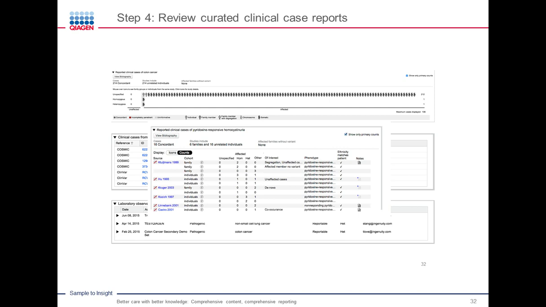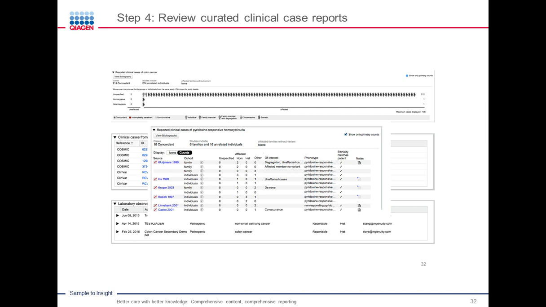In somatic workflows, you can actually see the number of patients that have been reported with that same mutation. And if you click on those particular patient icons, you can actually get the list of publications that refer to those particular patient cohorts, and then you can drill further in to read about those particular studies.